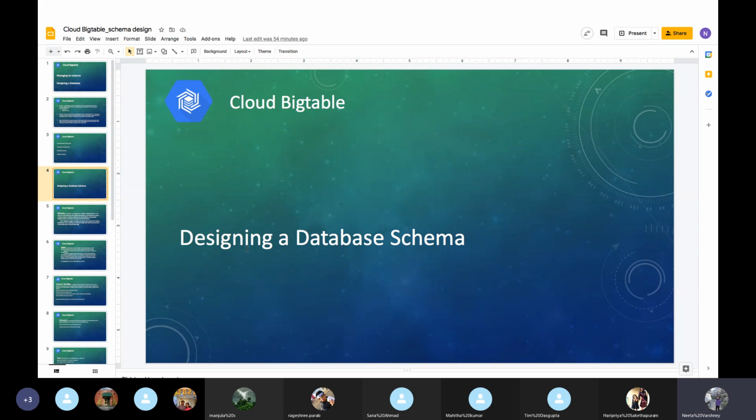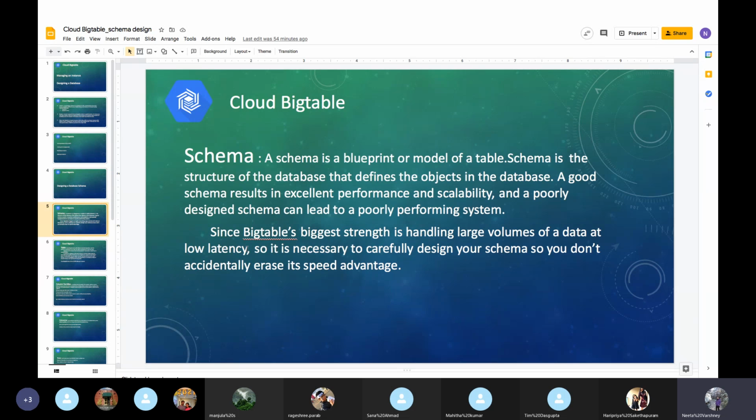So let's see what a database schema is. A schema is a blueprint or model of a table. Schema is a structure of a database that defines the objects in a database. Schema holds every piece of information about data, or metadata.